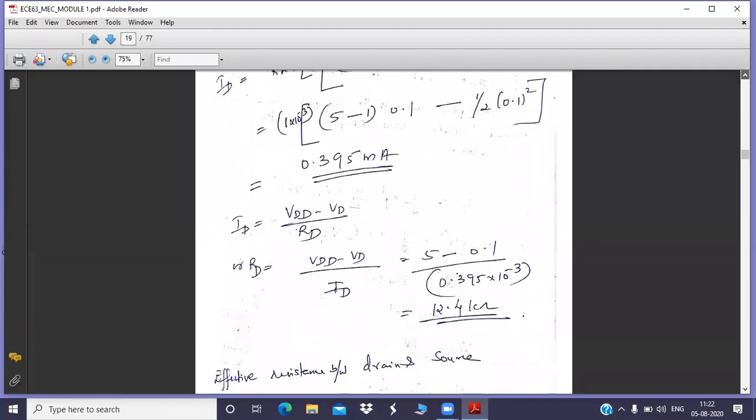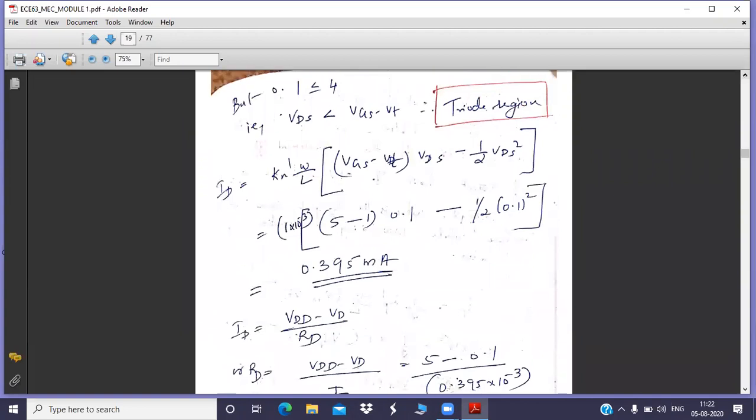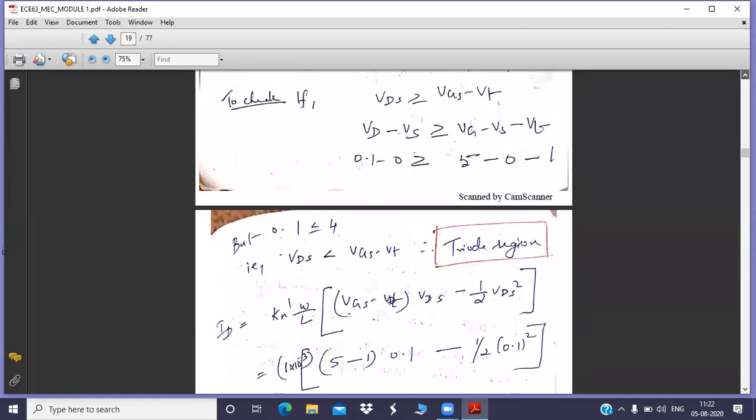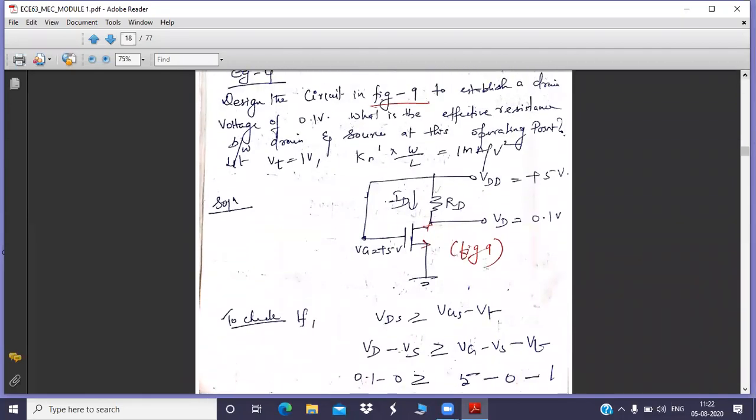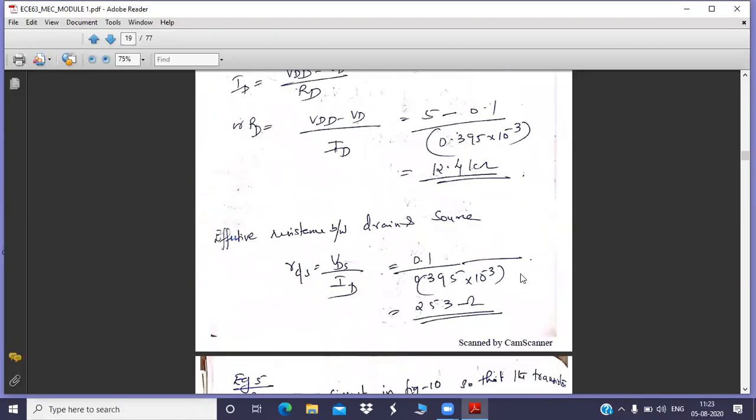Here you have to find the unknown resistance RD plus the total resistance RDS, that is between the two terminals. The only difference is here ID is not given. In the earlier circuits, ID was given and you were supposed to find the terminal voltages, either VG or VD. But in this question it is explicitly mentioned VD is 0.1, and VG and VDD are shorted together, so the voltage you apply comes over here. You are not bothered about the terminal voltages here. The only unknown parameter is ID. Once you solve for ID, you will get RD by simply applying Ohm's law, potential difference by current. That is the logic behind this.